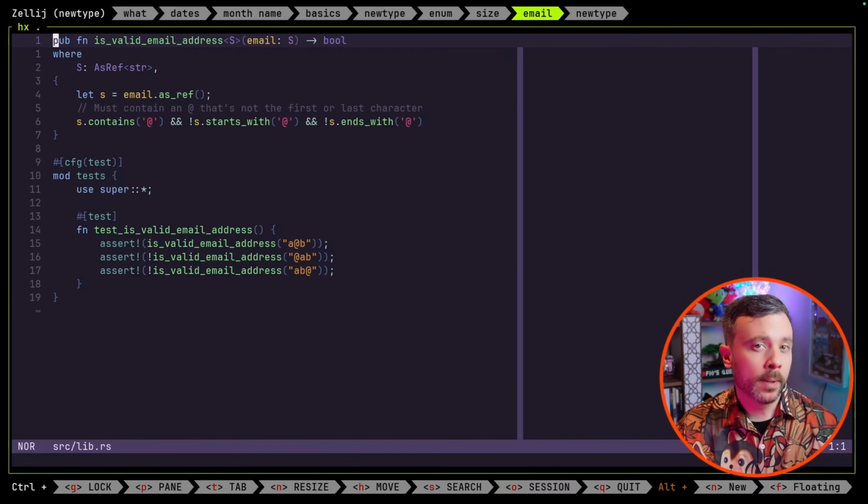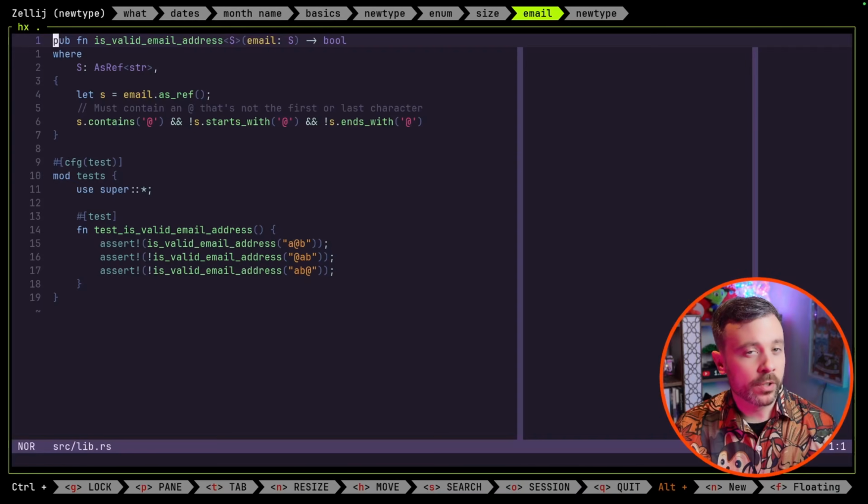Let's think about a more complex type like an email. Using built-in types, we just create a validator and call it done. This code is straightforward, terse, and requires little testing. However, every time we want to use a string as an email, we will need to run the validator. This not only could risk the same email needing to be validated multiple times, but adds some significant risk, particularly